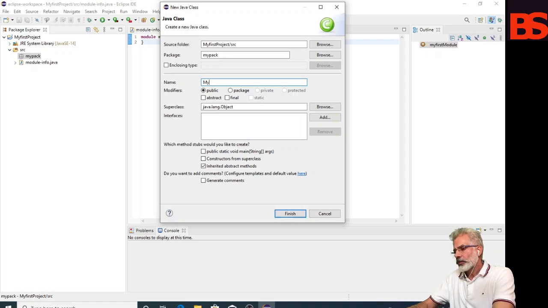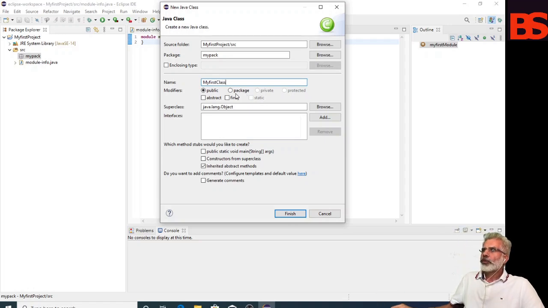The modifier is public, leave it, and we don't need an interface. And which method stubs would you like to create? We need public static void main because it is the starting point, and Finish.